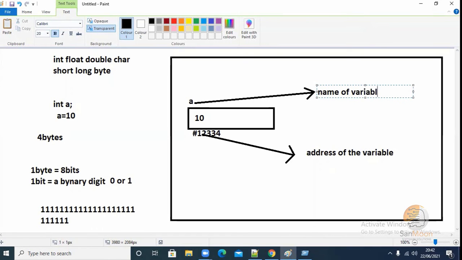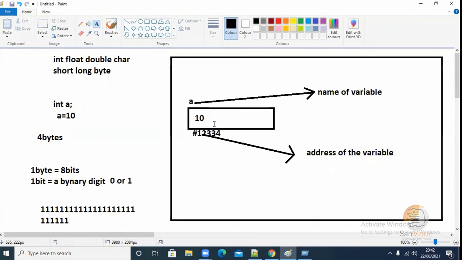Because of this, using the name you can access this variable and store or retrieve data, or you can use the address also and do the same thing. You can use the address and access the variable, or you can use the name and access. Both are possible. Very legacy systems generally use the address of the variables, which is called pointers and all. But in Java, pointers are not allowed. Inside, though, they were using that only. But later there are some possibilities where we can access the address. Using the address also we can access the variable.